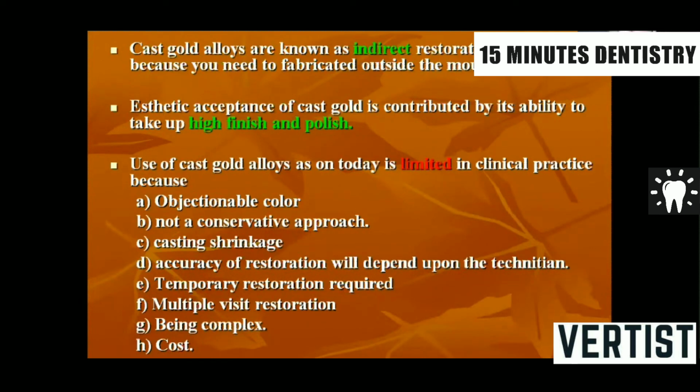Multiple visits are required because in the first stage you go for preparation, then you make impressions and send it to the lab. It comes back from the lab, and if you find it good, you cement it. If you don't find it good, you want the lab people to modify something, so you send it back to the lab. The lab works on it again, makes you a new restoration, it comes back to you, and you check it again in the mouth. So it may involve 2 visits or at times even more than 2 visits. Then it's a complex procedure overall, and gold is very, very costly today. Secondly, as the lab is involved, as impression is involved, as die making is involved, material cost also goes up. So human resources as well as material cost is very high.